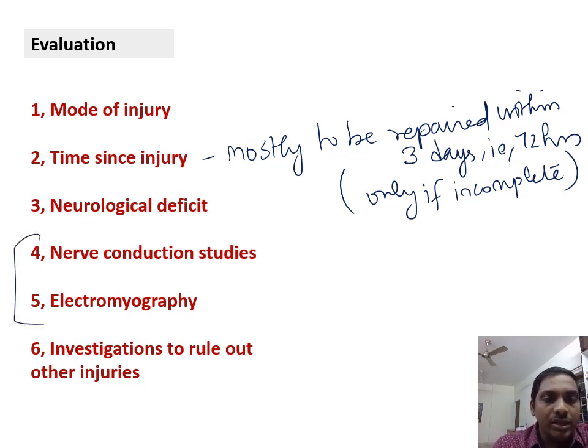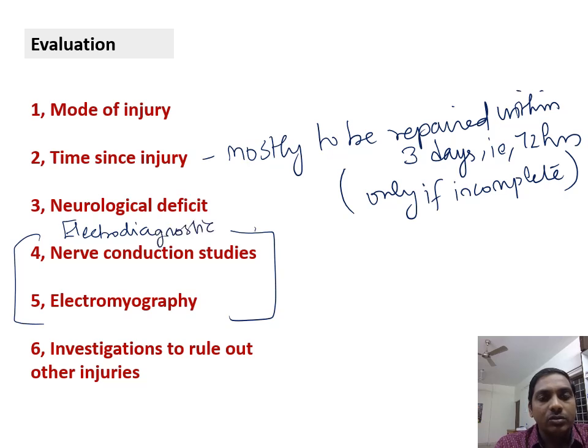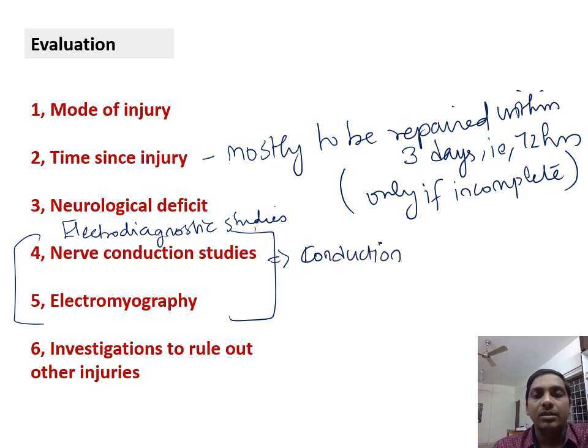And these two are called electrodiagnostic studies. One is the nerve conduction study and the other is the electromyographic study. The nerve conduction study will help us find out the conduction of the signal or the impulse to the distal end plate, and also the velocity of the impulse. Everything can be studied. And the next thing is electromyography, which will find out whether